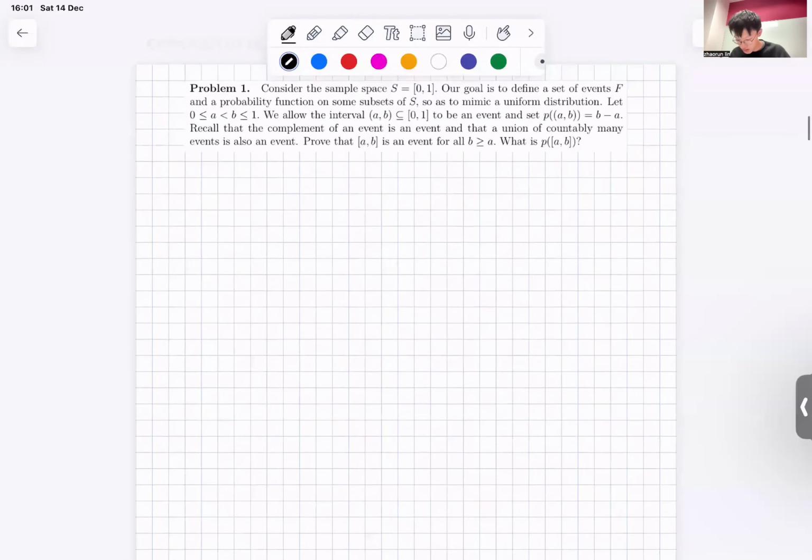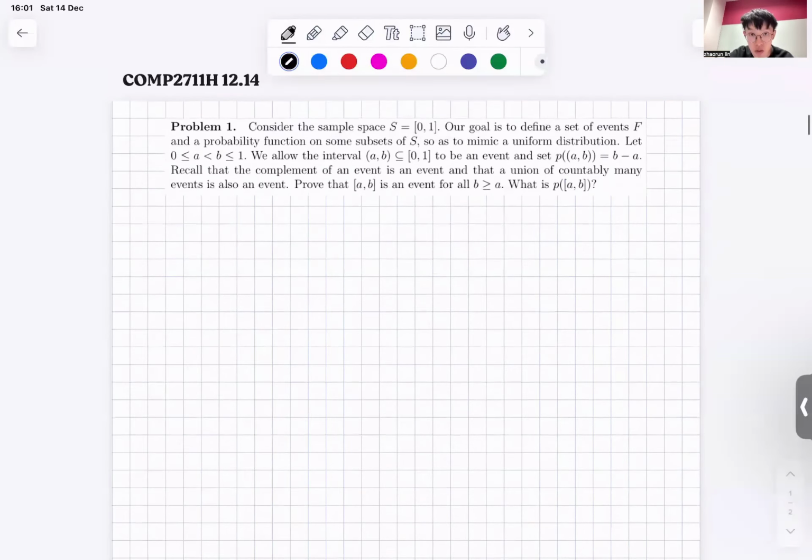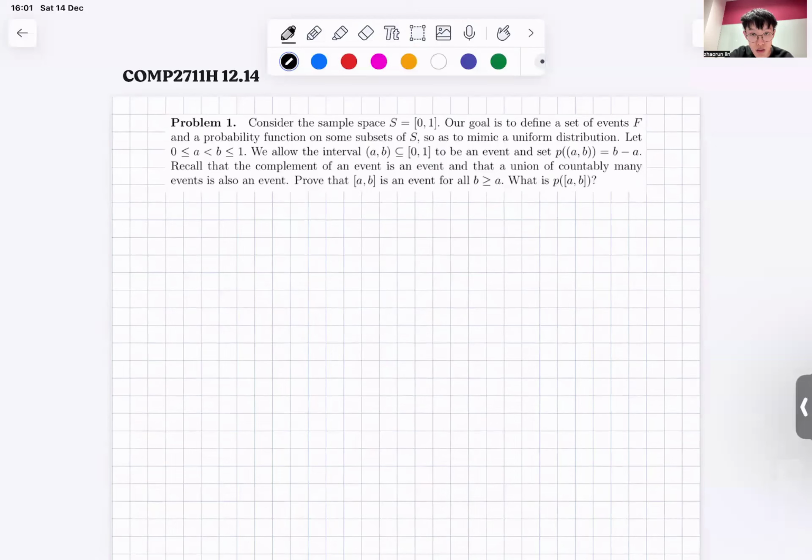So this will be the last tutorial of COM 2711H, and I'll cover weekly problem sets 10 and 12. So there are two problem sets. For the first question, starting from week 10,